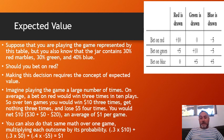We're going to need to talk about what we call expected value. So here's what we mean by expected value. Suppose that you were going to play this game a bunch of times, whatever, 100 times, 10, let's call it 10 times. So on average, if you're betting on red, if 30% of the marbles are red, that means if you bet 10 times, you're likely to win 3 out of those 10 times. Say call it 100 times. Definitely over the long run, if you're betting on red, you're going to win 30% of the time. So let's suppose you play it 10 times, and you bet on red every time,